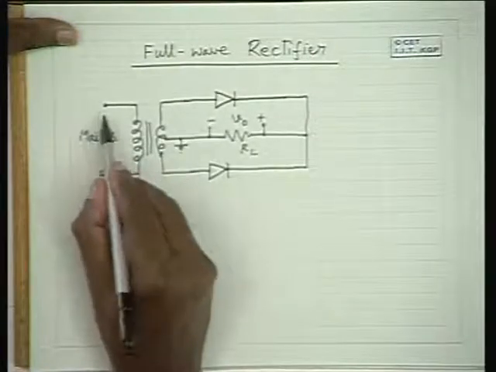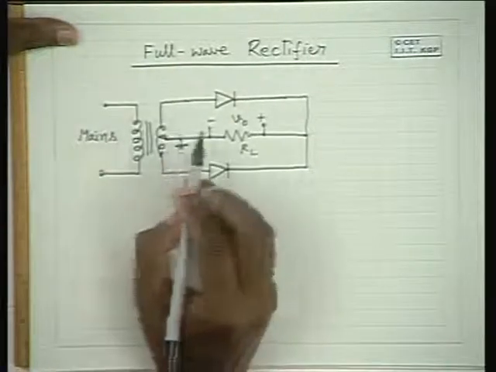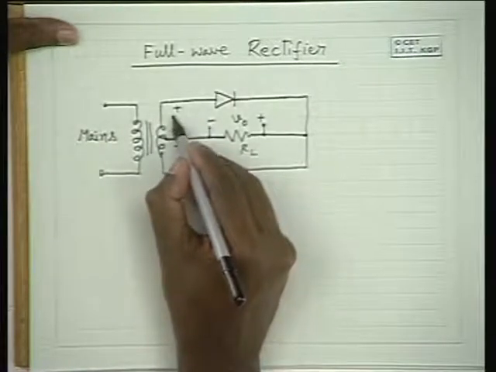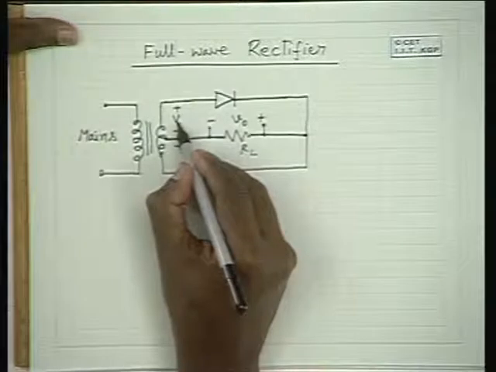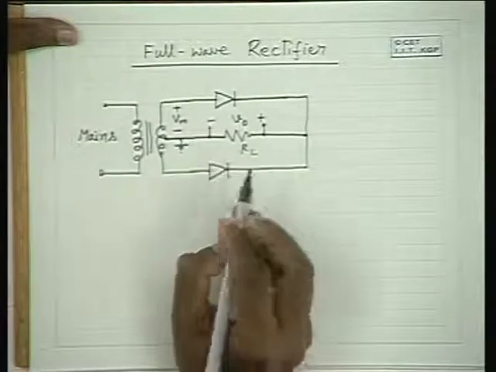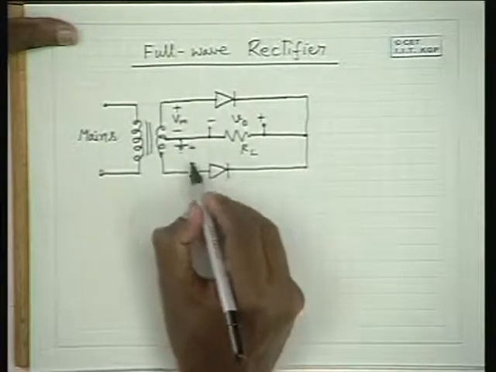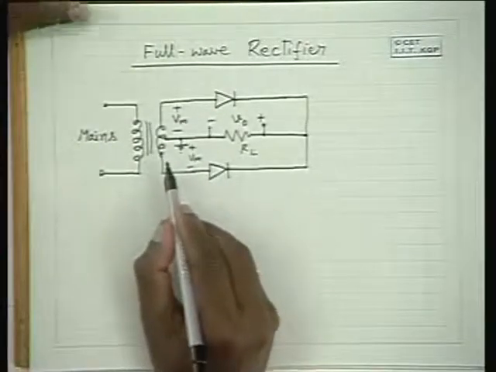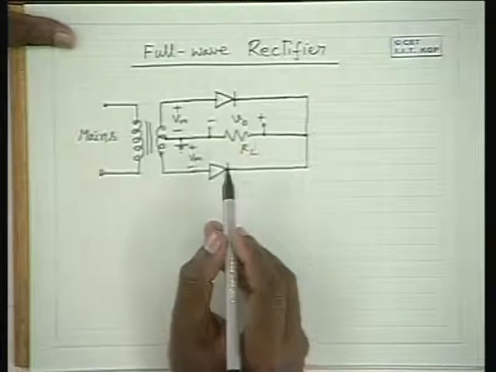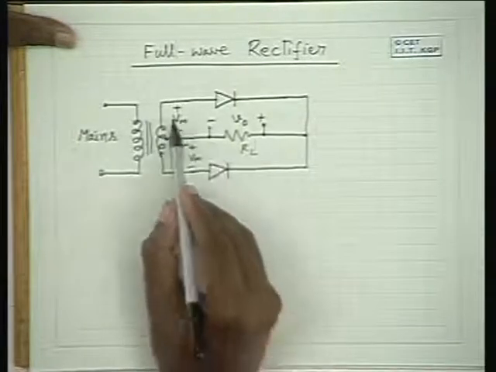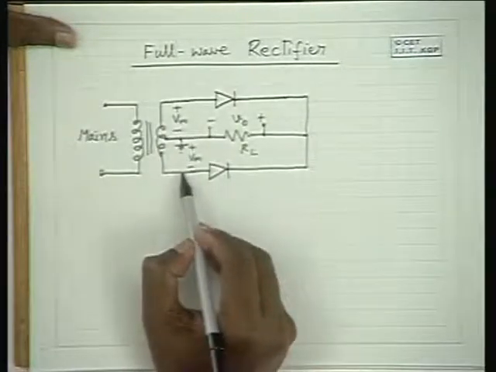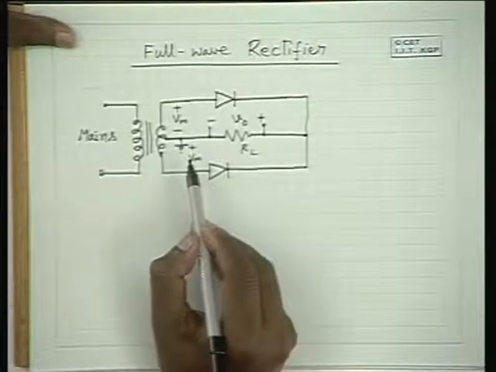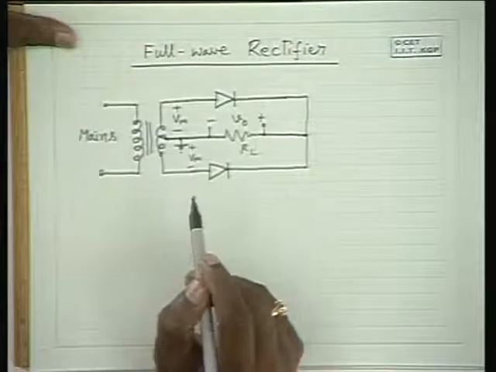When you turn on the mains supply here, you will get a Vm sin omega t over here, and you will get another Vm sin omega t over here. So that's what a center tap transformer gives you. If it's a 20 volts transformer, it will give you 10 volts here and another 10 volts here, because the tap is in the middle. Okay, so this transformer is like that.